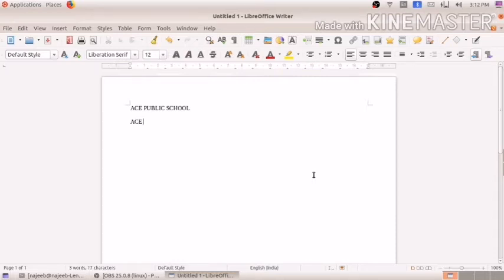ACE Public School is run by ACE Charitable Trust, is affiliated to CBSE. So that is the information I wrote here. This is the heading, you can see this is the heading.